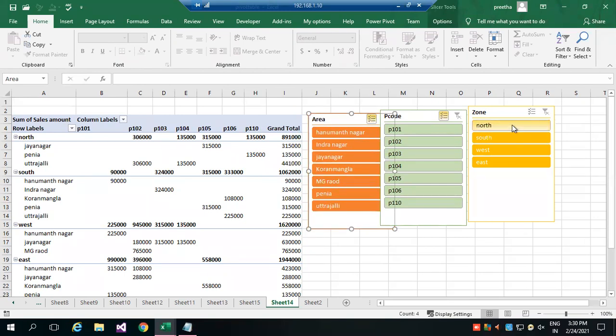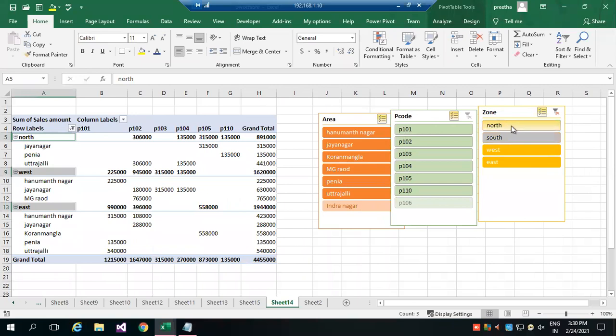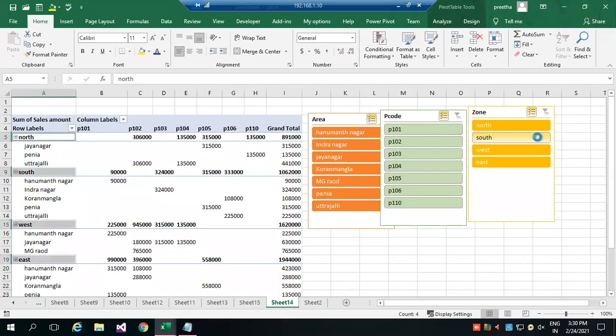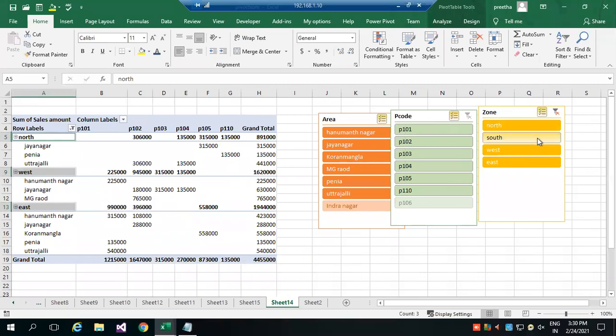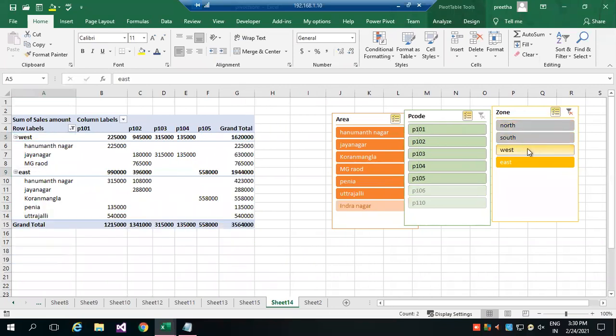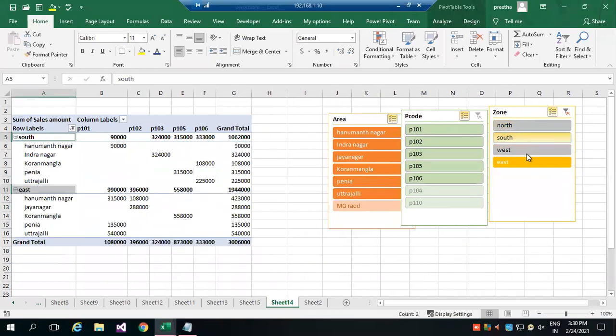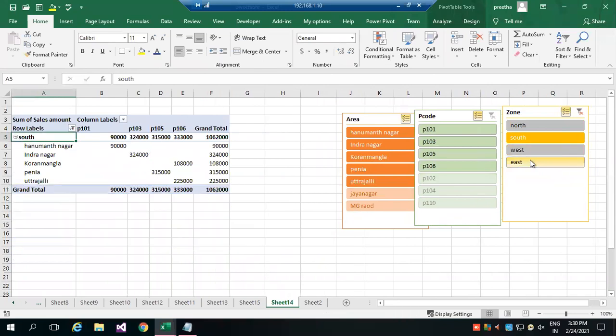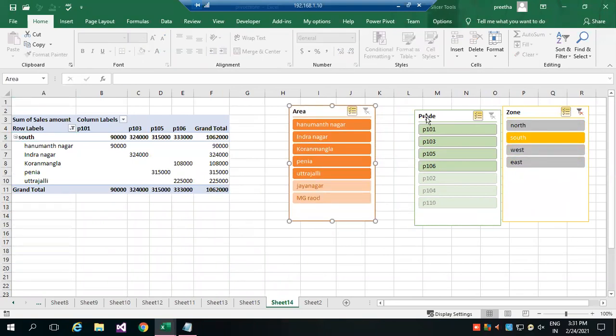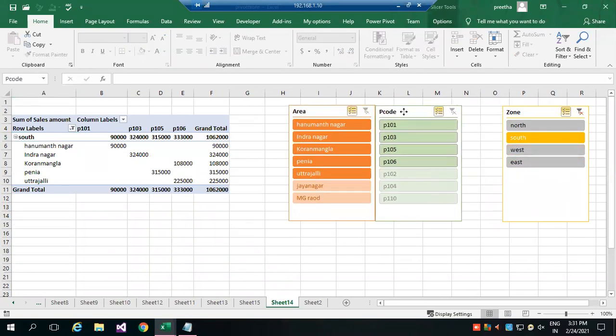So I want to see only for south zone. Only south zone I'll select. Other zones I'll deselect. So now the data for south zone is visible. So what I take it here, this is called slicer.